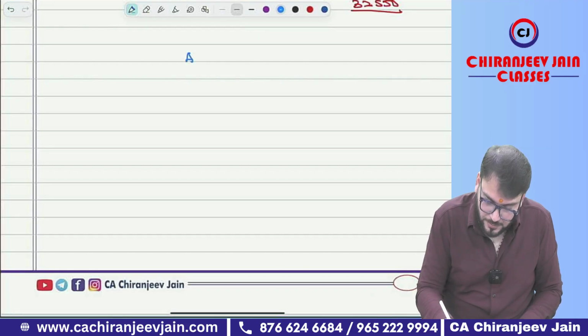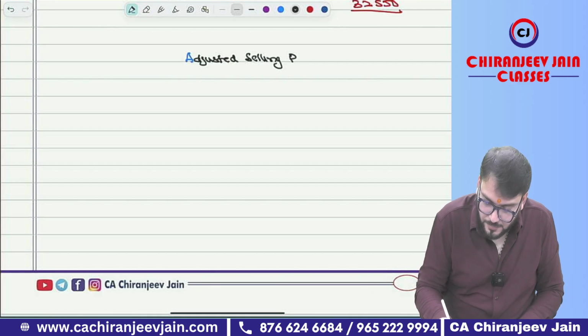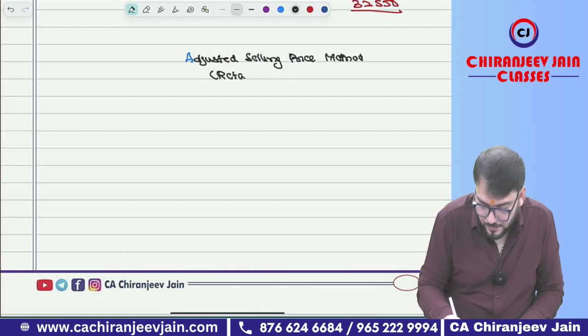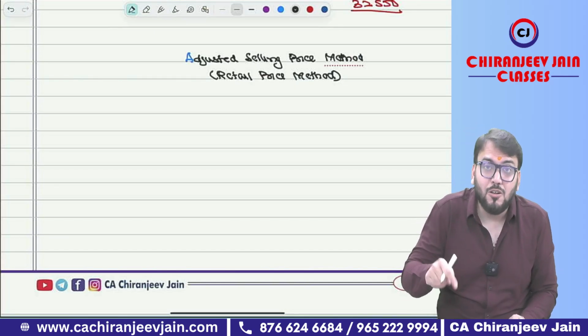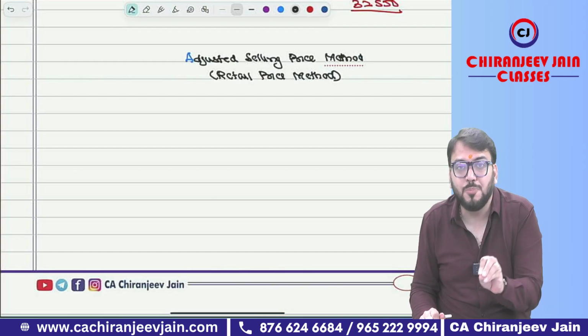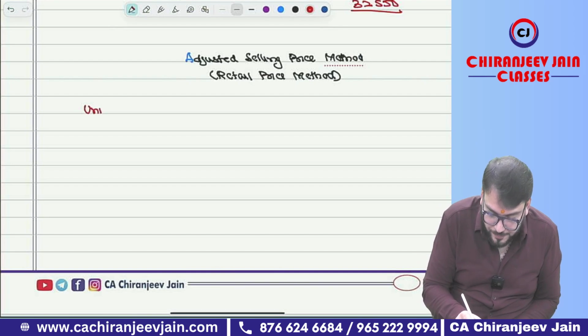Adjusted selling price method, also known as retail price method. One thing is clear that it can be applied only when we are not able to identify the actual cost. It means they have given one indirect way to find out the cost price per unit. What they said, you first find out units of